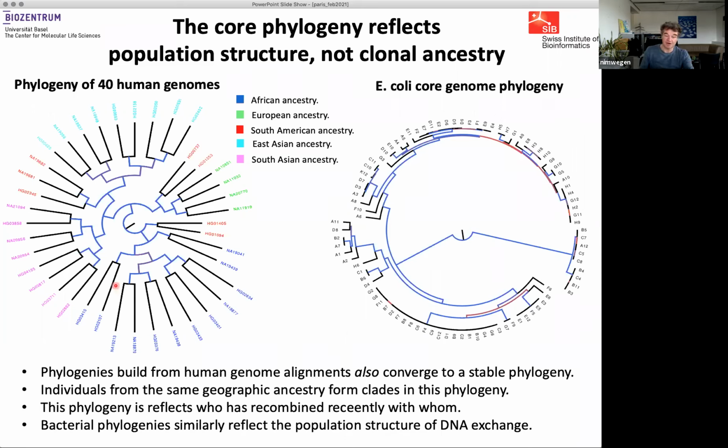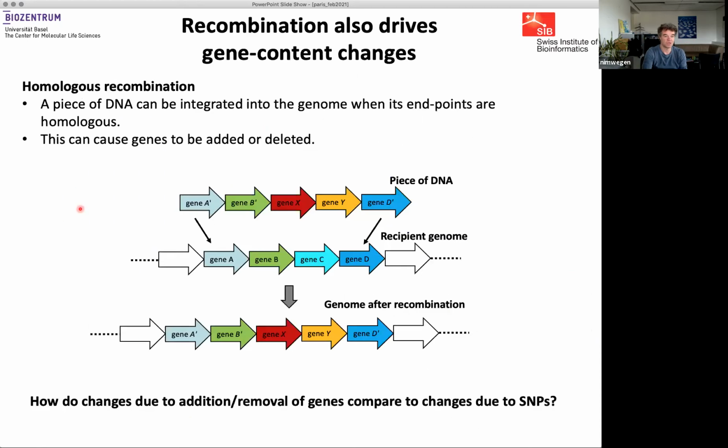And to maybe try to convince you of this, I'm showing you here that if you take an alignment of 40 human genomes from the 1,000 Human Genomes collection, and you take any large number of blocks from that alignment and build phylogenies, you also converge to a stable phylogeny. And this stable phylogeny puts together individuals that came from the same geographic ancestry, right? Europeans go together, Southeast Asians go together, and so on. And so this shows that these trees that you converge to actually reflect a sort of an average of the statistics of who is recombining with whom. All right,